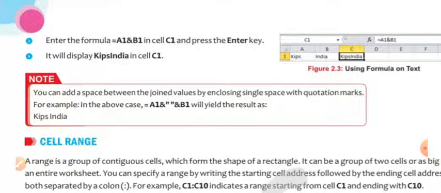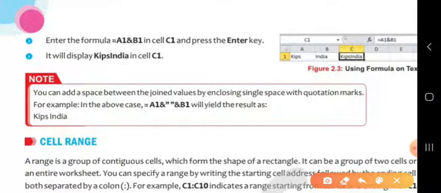Whatever is written in A1 and whatever is written in B1 will be printed together in cell C1. You can see here also, in A1 it is written KIPS and in B1 India, and in cell C1 we see